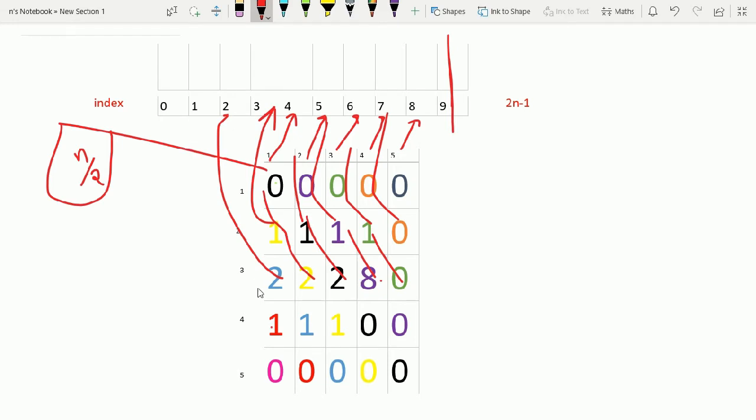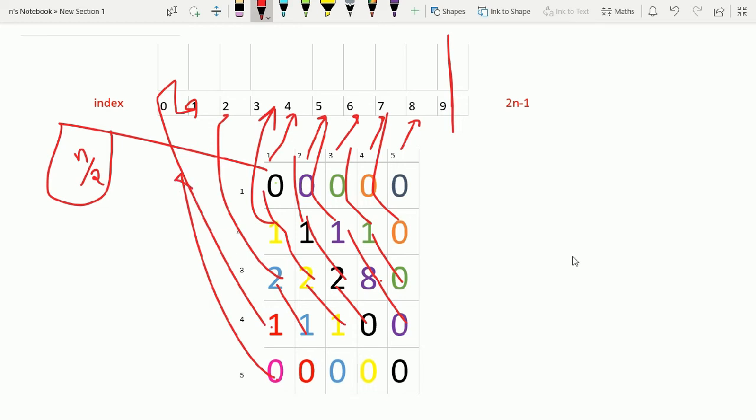This one starts at 1 location. The 1, 2 at 2 location, 1 plus 2 plus 1 at 3, 0 plus 2 plus 1 plus 0, 0 plus 8 plus 0, like that. So we are storing the sum of diagonal elements in a linear way. So we can do it in linear time, in O(n) time.